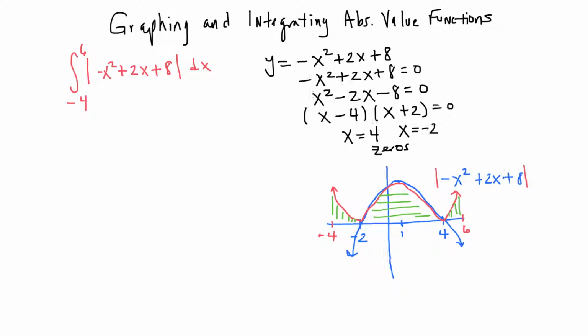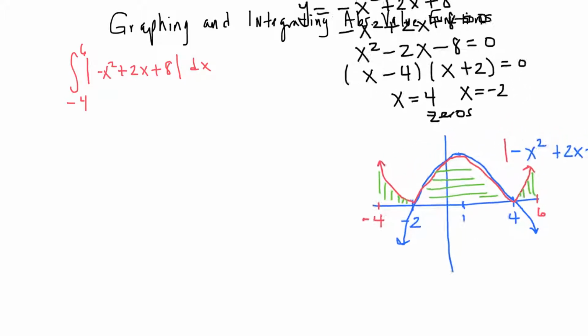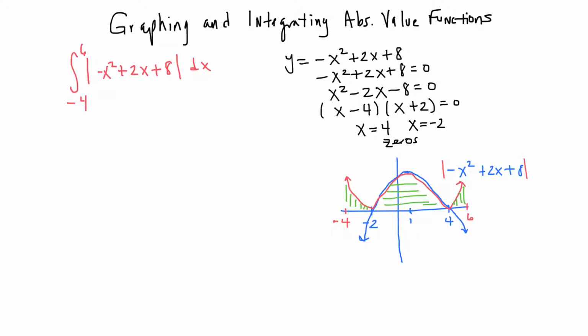So what we're going to do, I'm going to break the integral up into 3 pieces. And why the 3 pieces? Because I have 3 pieces here. Roman numeral 1, Roman numeral 2 in between here, and Roman numeral 3. And so each one of those pieces requires its own integral. Okay? So I'm going to say,